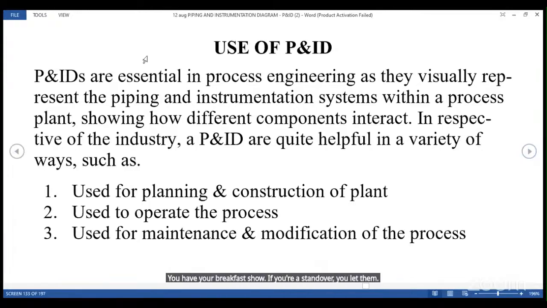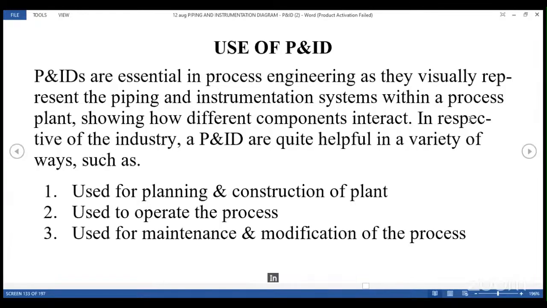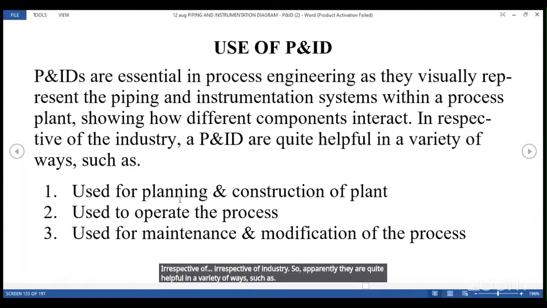The use of P&ID. P&IDs are essential in process engineering as they visually represent the piping and instrumentation system within a process plant, showing how different components interact irrespective of industry. So irrespective of industry, the P&ID is quite helpful in a variety of ways, such as: 1, used for